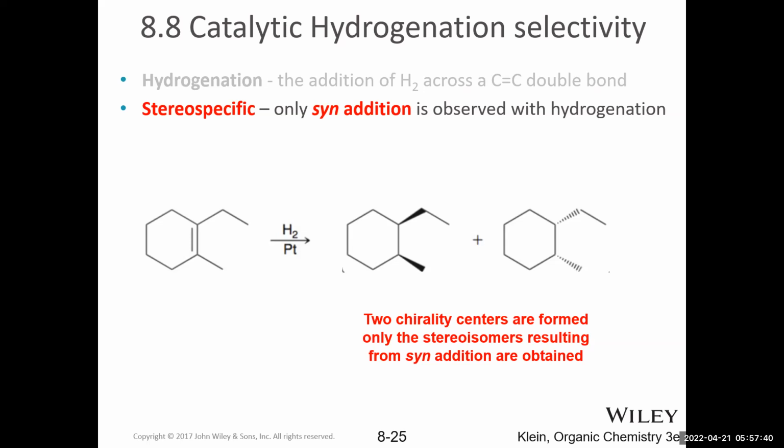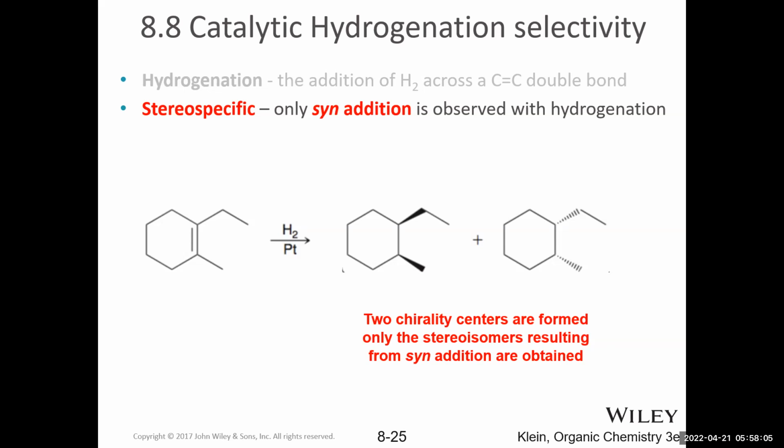This reaction is obviously not regioselective, because when you're adding the same group across the double bond, it doesn't matter which carbon gets which, because they're both getting a hydrogen regardless. So regioselectivity in these alkene addition reactions is only considered when you're adding 2 different groups across the double bond.